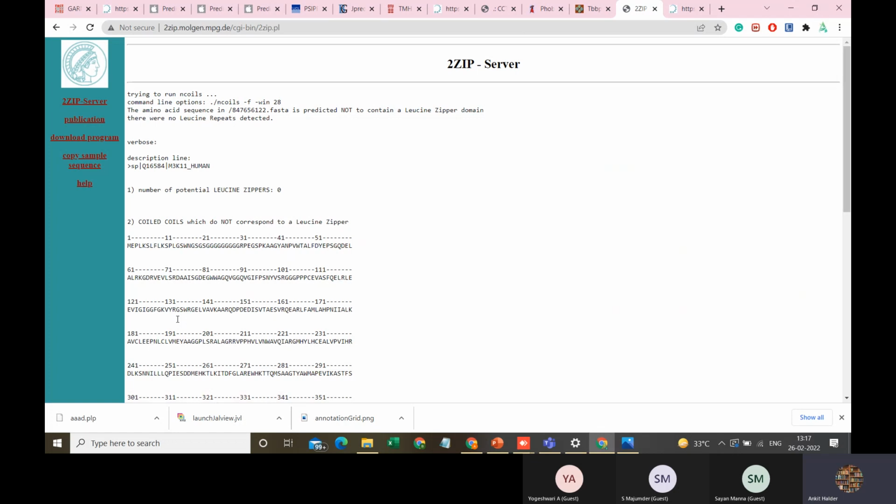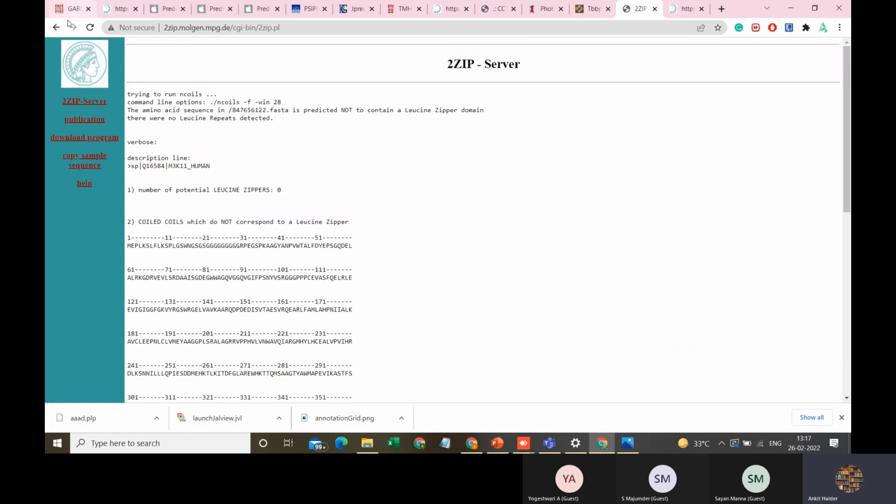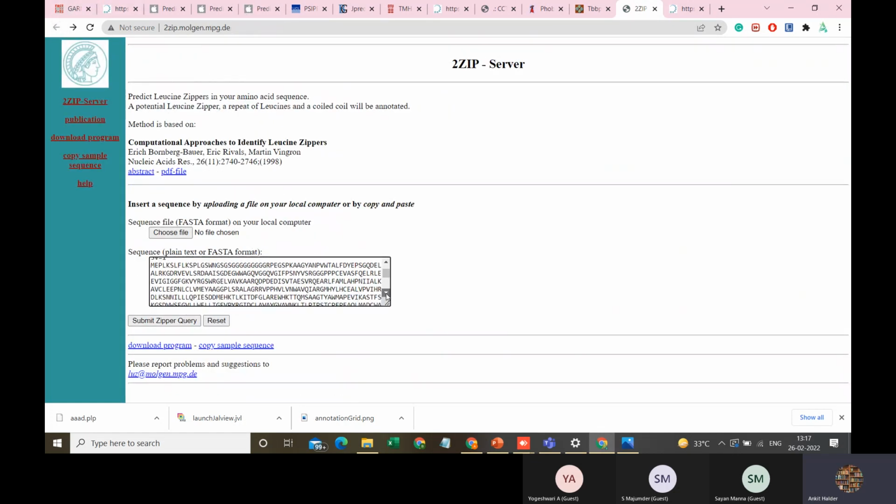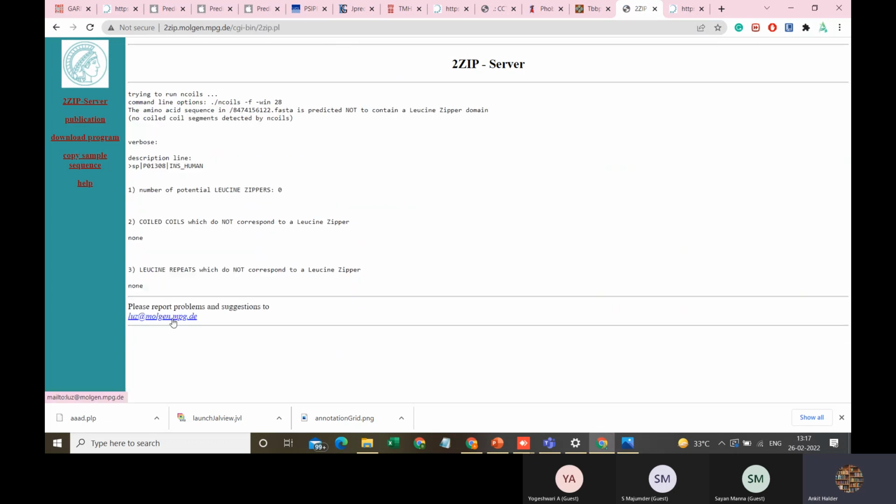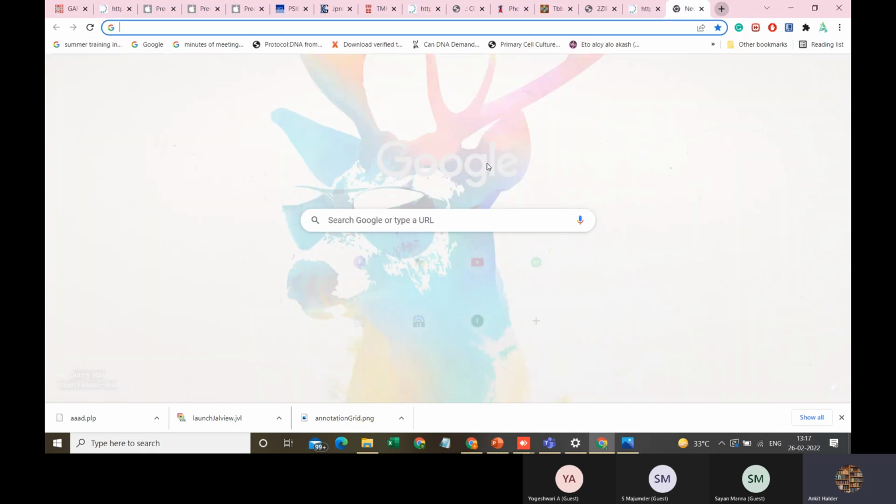The number of potential leucine zippers, it is saying 0, so it is not rating anything. Coiled coils which do not correspond to a leucine zipper, so it is saying that the sequences do not correspond to any kind of leucine zipper. We can try out different proteins as well. It generally predicts how many coil structures are there or not. It looks for those only. Some examples of